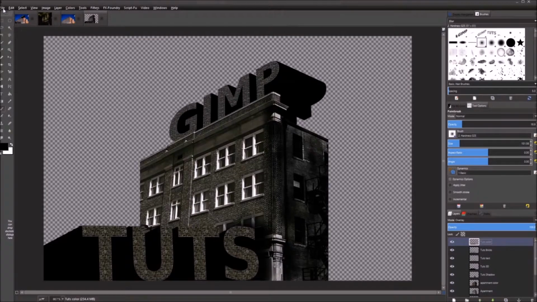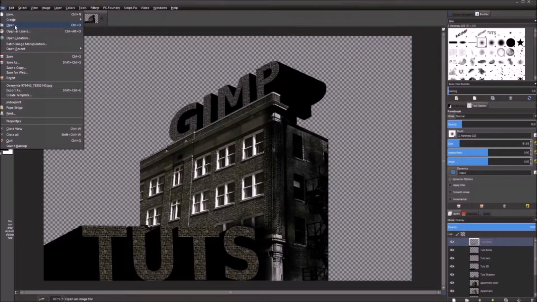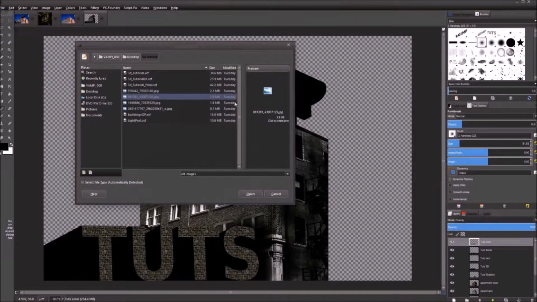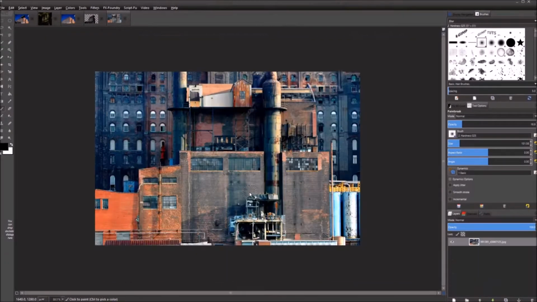So the next step we need to do is go to File, Open, and we're going to open up this image right here. This is another image from, if you're just coming into this second tutorial, you need to stop and go to the first tutorial. I had broken it into 2 parts because it is a really long tutorial because there's a lot of steps here, and I didn't realize that it was gonna take that much longer. But anyways, we're gonna open this up into its own little layer,